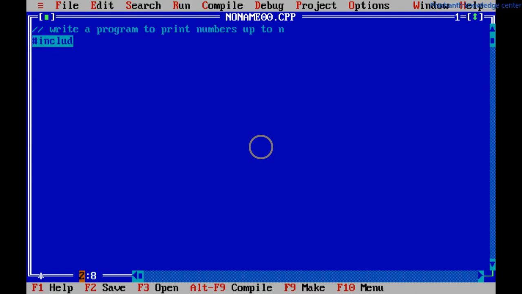we all know that first we have to write header files. Now we will open the void main function, open the braces, initialization, and clearing the screen. Now we will go to the program. For